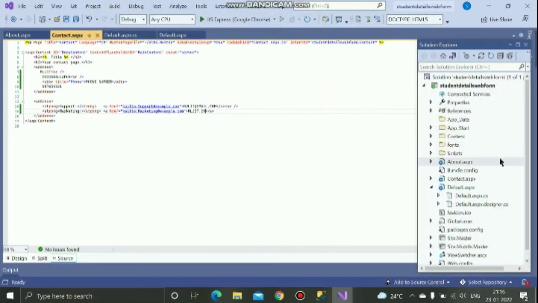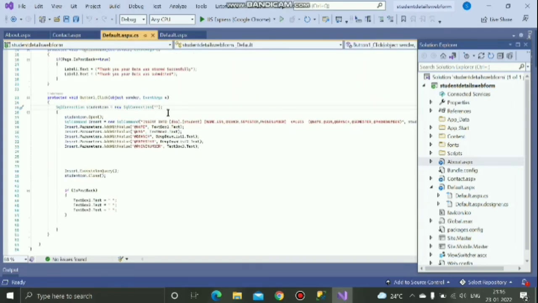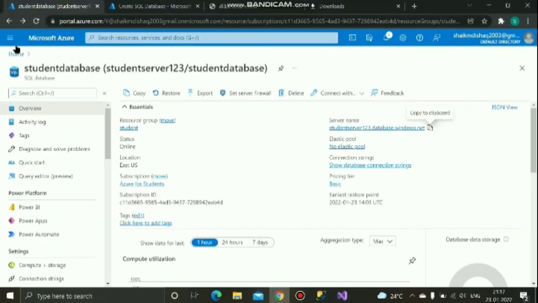Okay, connection. For linking that, you have to go to this asp.cx. This one is simple, which you have written code, right? You have to give the connection string ID, the connection name, because we have to connect it. So for connecting that, you have to go to the portal, go to your student database which you have created before itself, and then